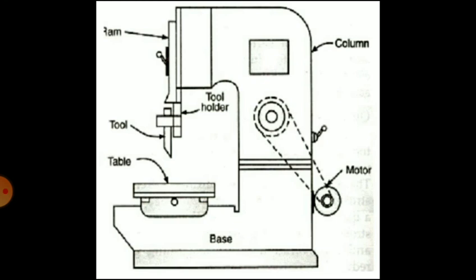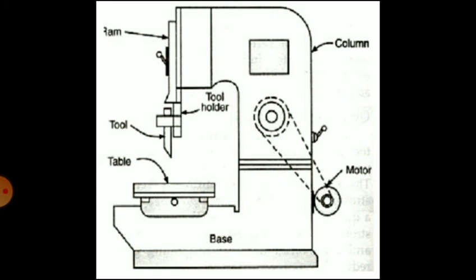The rotary table can be indexed accurately for various operations, or rotated continuously about a vertical axis by hand or by power to produce an arc. The table moves on a saddle that slides on a bed and has horizontal adjustments and feeds in two perpendicular directions. So the different movements that you can obtain from the table: you can move the table towards the column, that is called the cross direction.